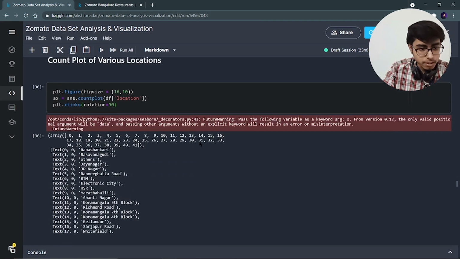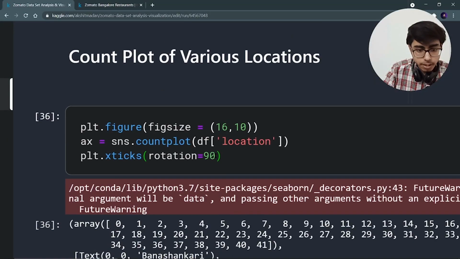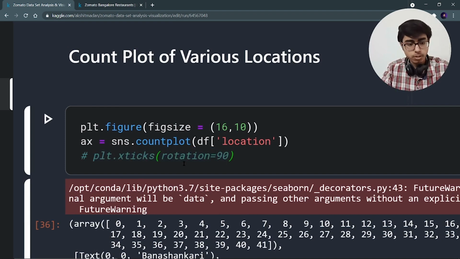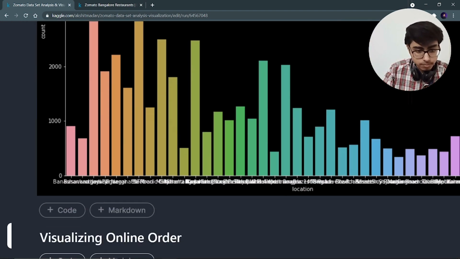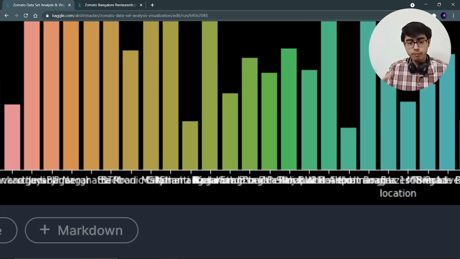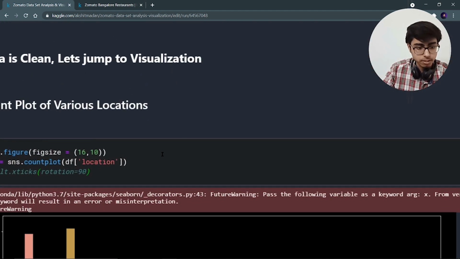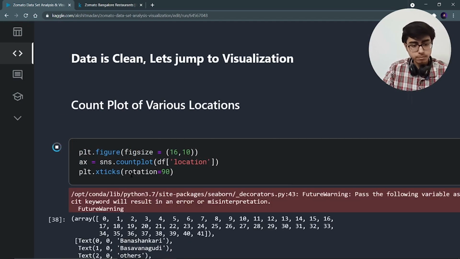And you will be thinking, what is this line, plt.xticks rotation equal to 90? I've already told you in my graduate salary prediction video, and when I run it without this line, I will get this type of xticks where every label is collided with each other. So I want to keep them separate. That's why I rotate my xticks. So let's run it again.